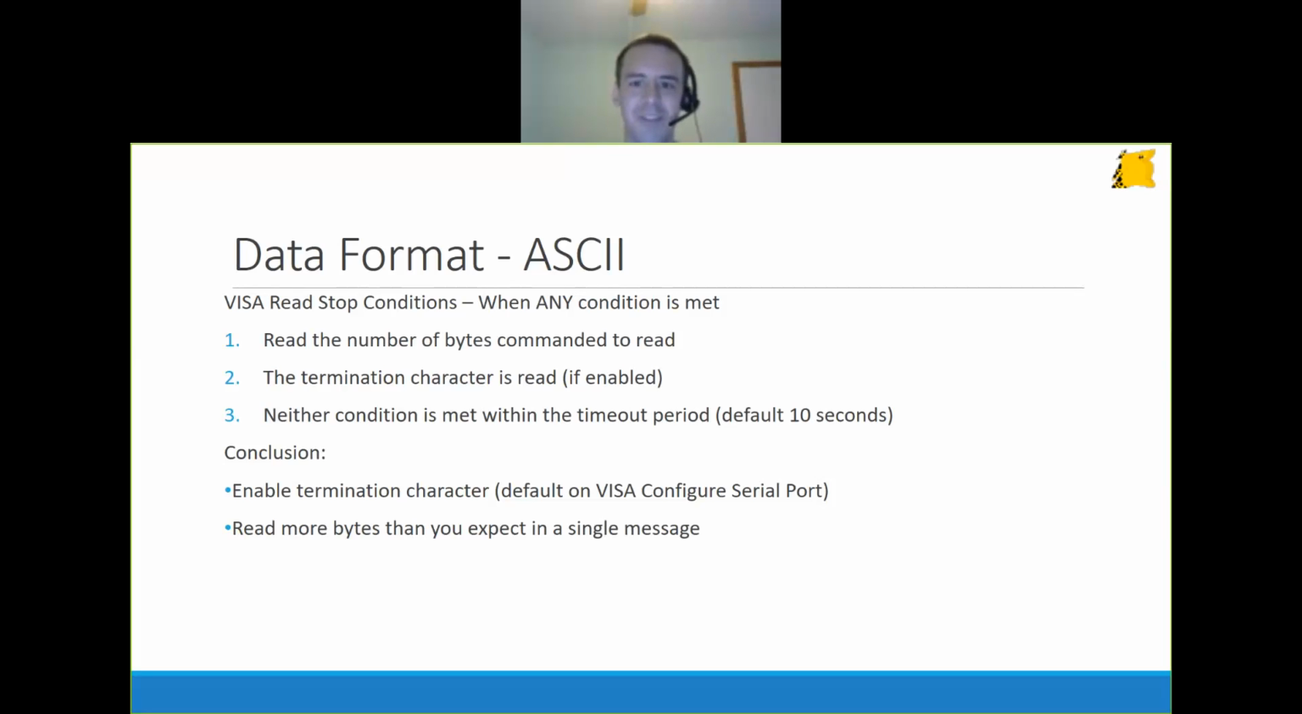It's probably about 75% of your devices will end with the line feed. I've had quite a few that will end in a carriage return, and some end in some other weird characters. But for the most part, just your defaults from the VISA Configure Serial Port will work. And then when you actually perform a read,